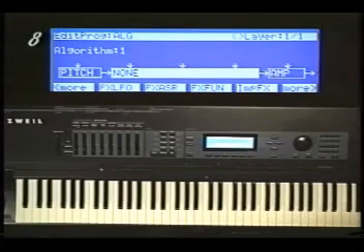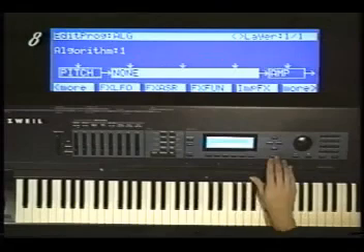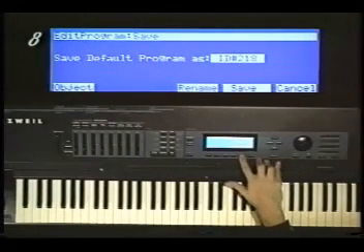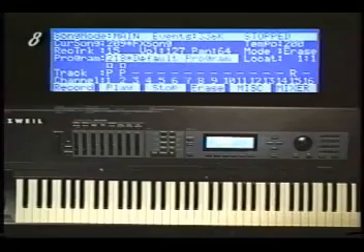Once you have everything set, save and name the program and exit out of the editor. I'll just keep it set to default program. Now you return to the song mode. We need to do one more thing in order to hear the proper effects for each channel, and that is